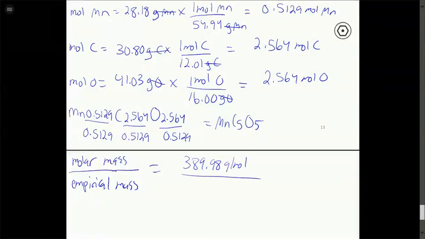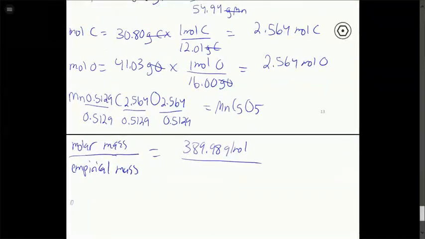And then the empirical mass we have to find. The empirical mass, again, is the mass of the empirical formula. So our empirical formula is MnC5O5. So it's going to be the mass of